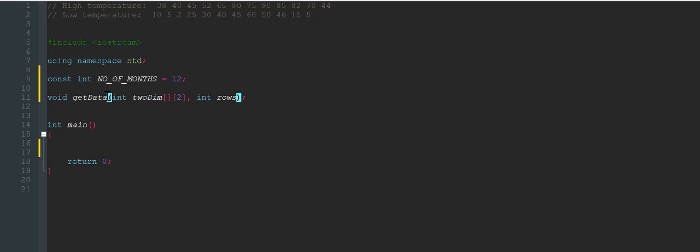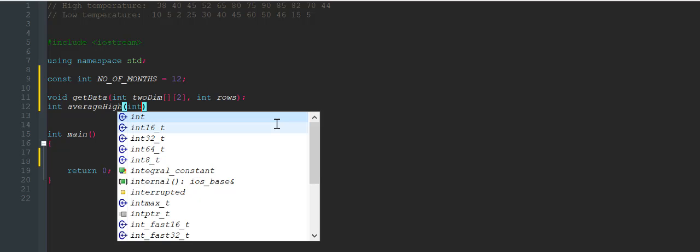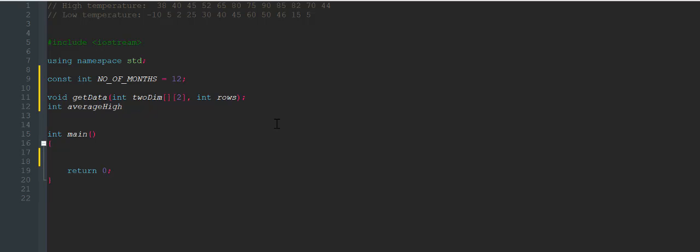Now from here we can actually just copy this stuff, because all of our functions are going to use the same parameters, and all of them are going to be like this. Int average high. Oh wait, we actually don't need to do that. We copied and pasted it for a reason. So now you can also just copy that. Paste,